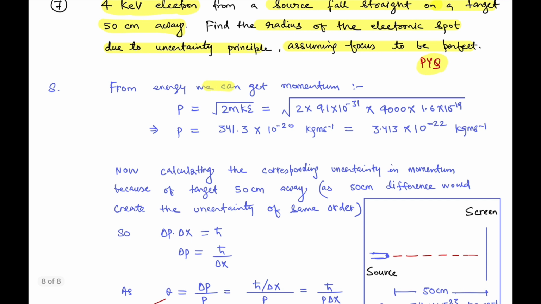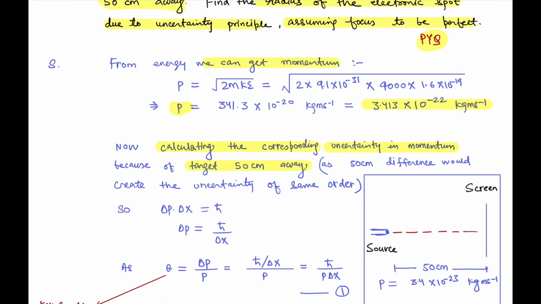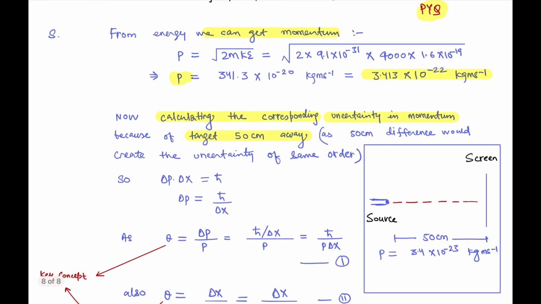From energy we can get momentum, just like we did in the previous question. So momentum is nothing but 3.413 multiplied by 10 to the power minus 22 kilogram meter per second. Now calculating the corresponding uncertainty in momentum, because the target is 50 centimeter away, and that distance would create the uncertainty. So we know that delta p is going to be h bar upon delta x,